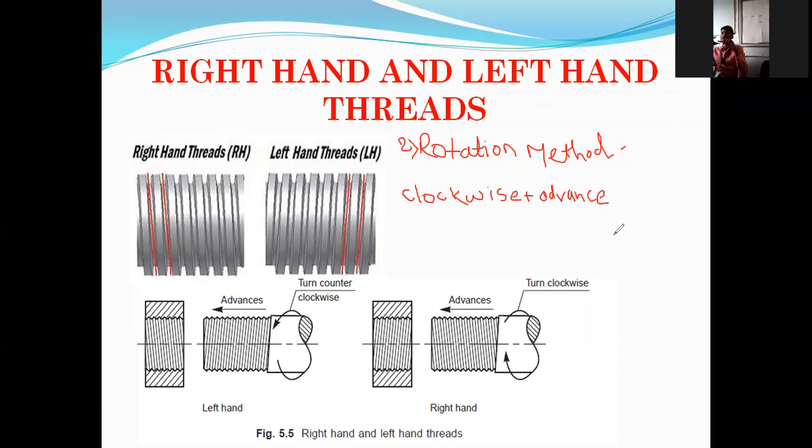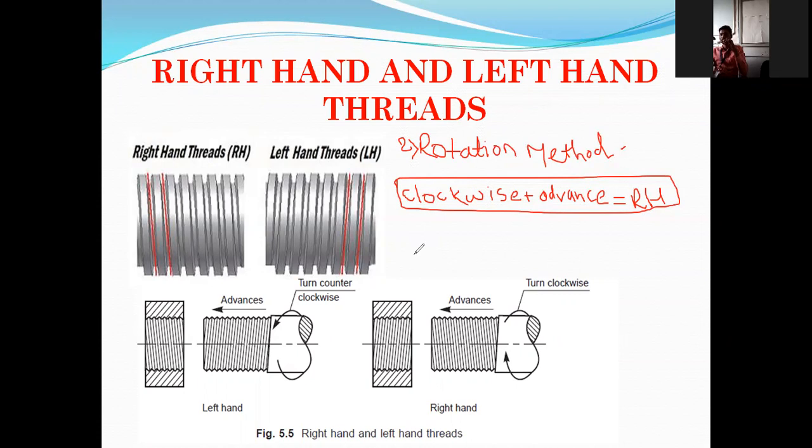Clockwise direction मधून nut or bolt, suppose bolt फिरवलेला आहे and it got advances means पुढे जाणे, it got advances means it goes forward, then that particular bolt is having right hand thread. बघा हा फॉर्म्युला मी केला तयार इथं. काय फॉर्म्युला तयार केला? What formula I have made here? If I have rotated bolt in clockwise direction means clockwise rotation plus advance is equal to, जर clockwise rotate केलं आणि ते पुढे चाललं,